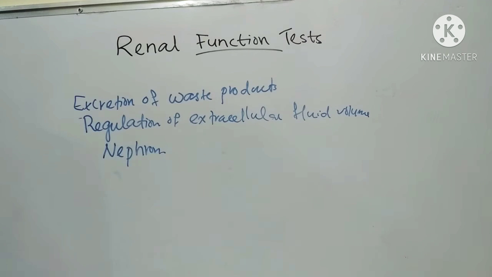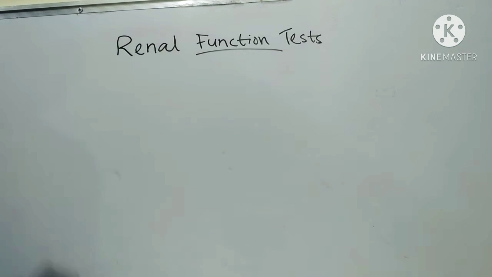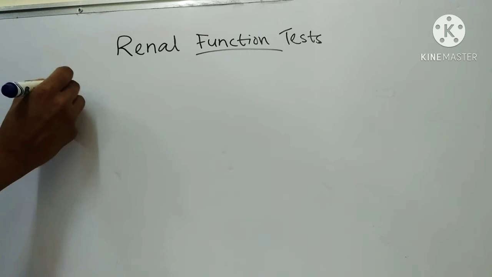The functional unit of the kidney is the nephron. This nephron consists of the glomerulus, proximal tubules, distal tubules and collecting ducts. So based on the functions, the renal function tests can be classified as tests based on glomerular filtration,